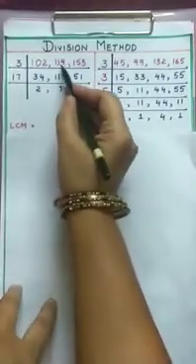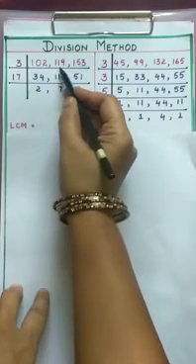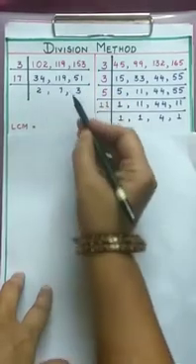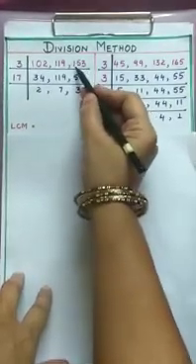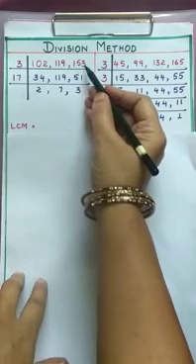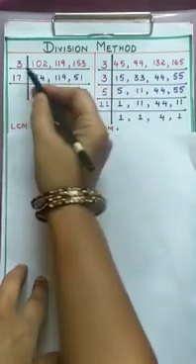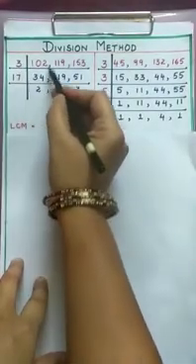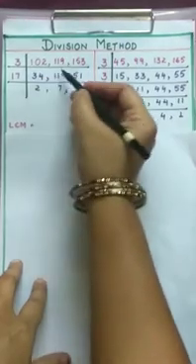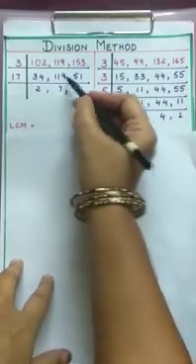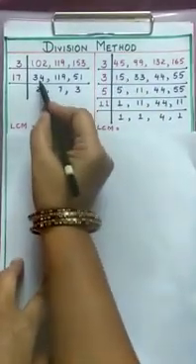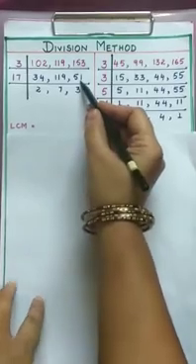Now 119: 1 plus 1 is 2, 2 plus 9 is 11. 11 is not divisible by 3, so this number is not divisible by 3. Now the third number: 1 plus 5 is 6, 6 plus 3 is 9, where 9 is divisible by 3. So this number is divisible by 3. So 3 34's are 102. Since 119 is not divisible by 3, you bring it down as it is. 3 51's are 153. Now here we have 34, 119 and 51.